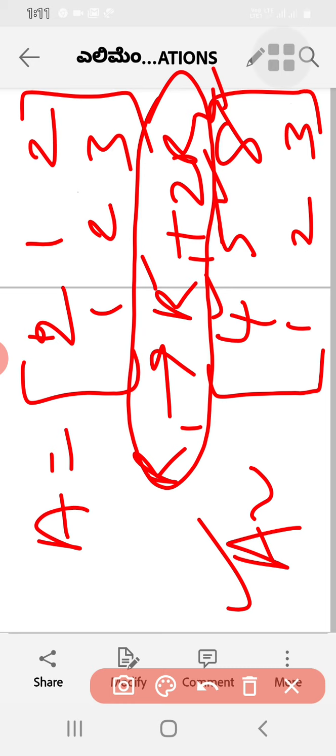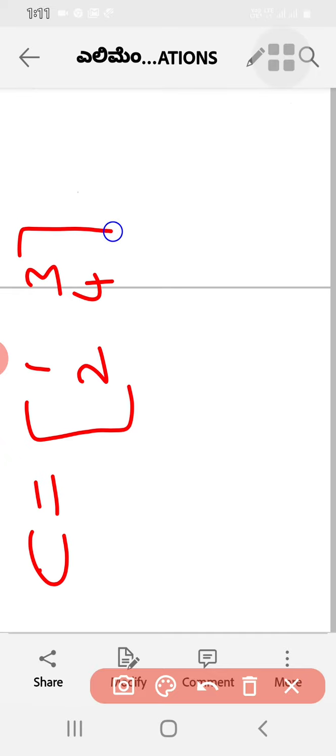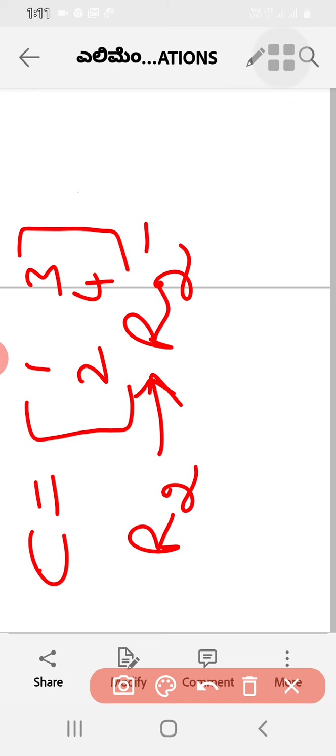Okay. So let us understand this by taking another example. I will write another simple one here: 1, 2, 3, 4. So let us change the second row here. R2 changes to R2 minus, say, 3R1. Okay. So you note down this: R2 changes to R2 minus 3R1.